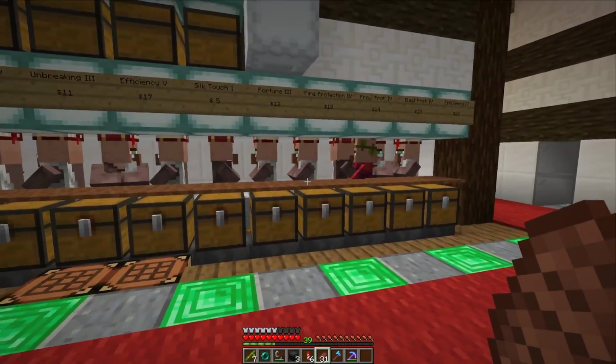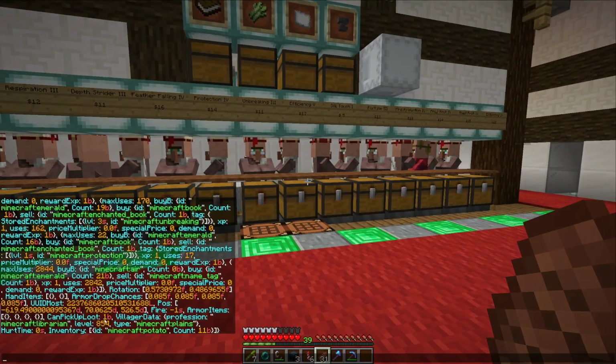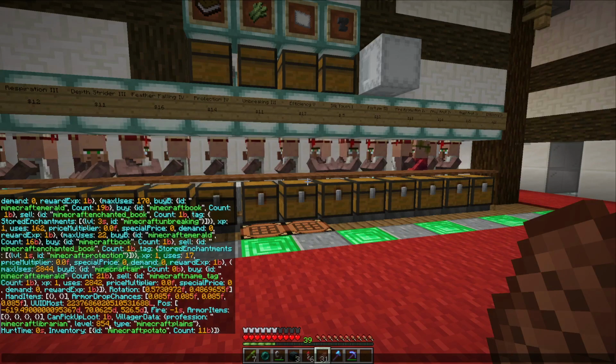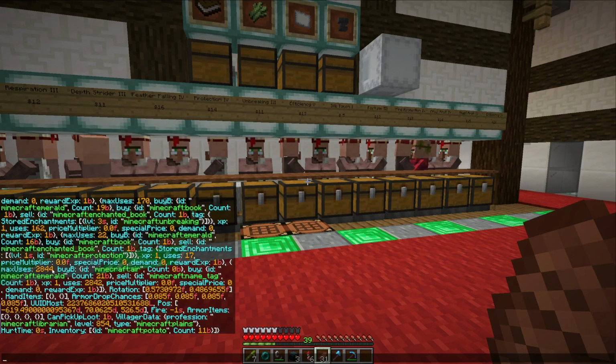So I was using the data get command already. And we have villagers that have a level of 854, which is a lot higher than usual. So right now it looks like we can, instead of being able to buy 12 books, for example, buy 2,844